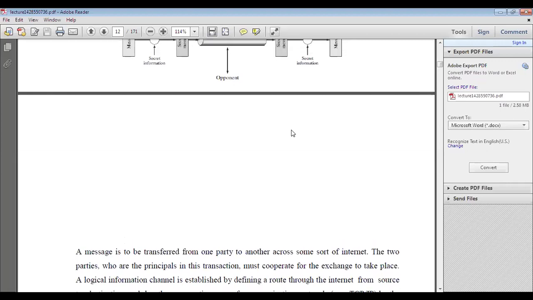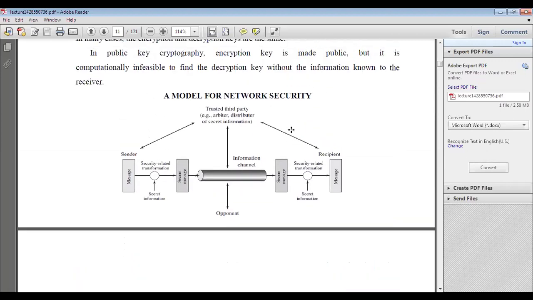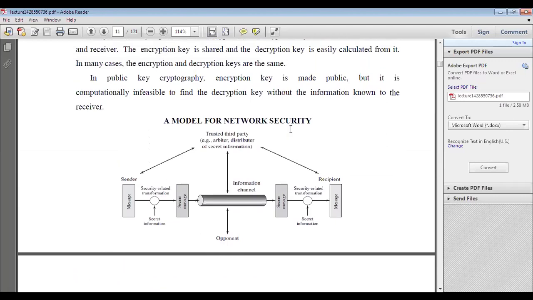while communicating data from the source system to the destination system, this is the model for the entire network security. Before discussing the mathematics of cryptography, first, what is cryptography and what is the process? First, a particular message we have to communicate to the other user in a secured manner. How can we provide the security? For example, look at this diagram. In this diagram, this is the source user, the sender, and this is the receiver.